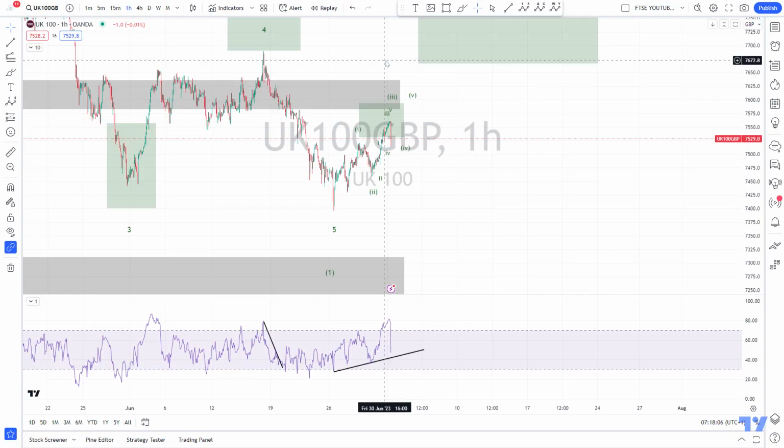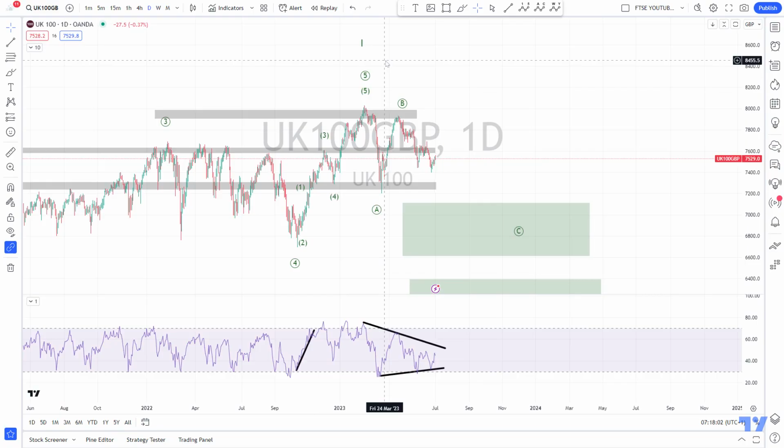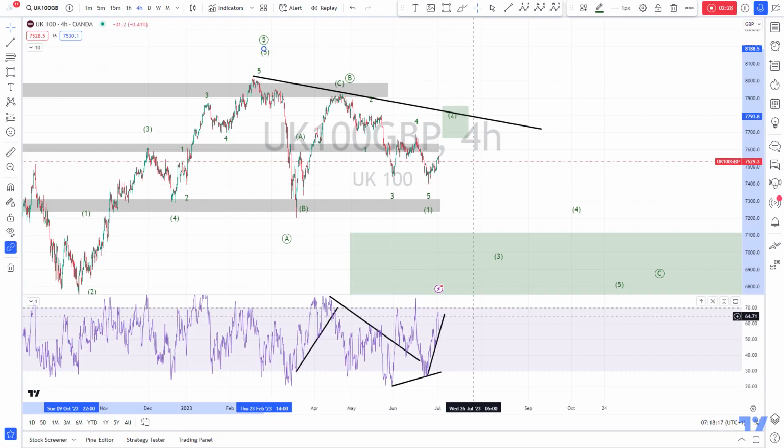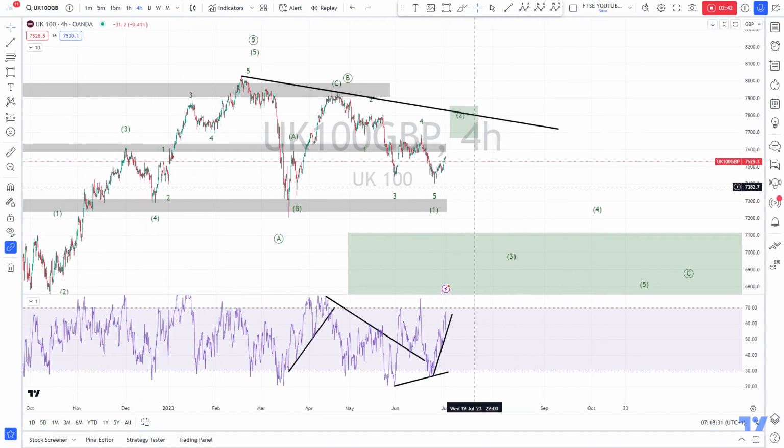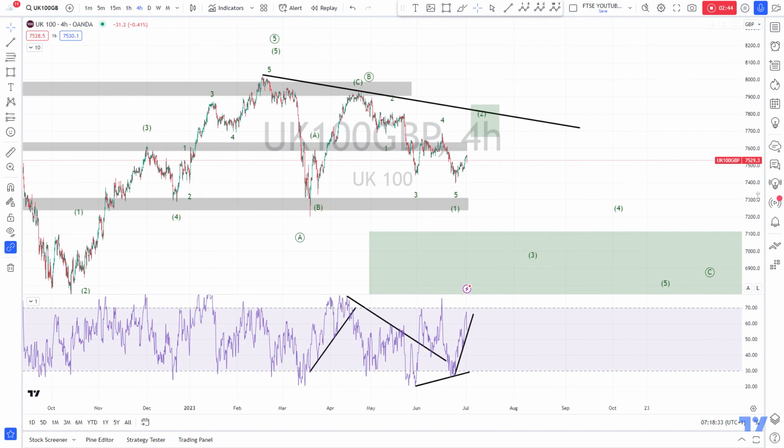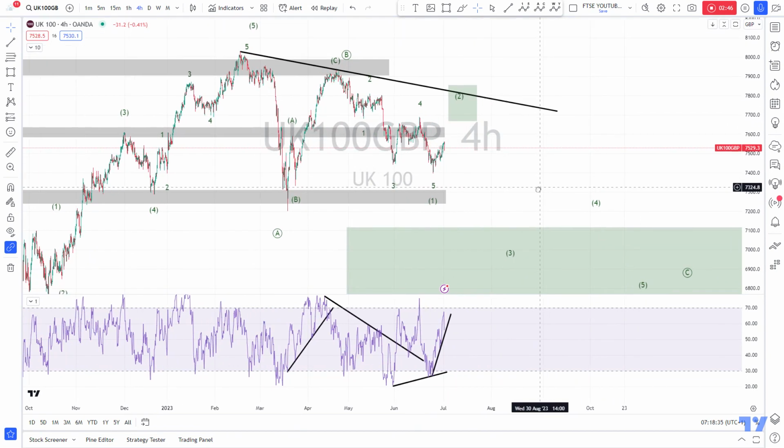I started to see this scenario this weekend when I had a look here at this RSI in the daily. I saw a triangle forming here. So this is why we can no longer exclude this, but I emphasize it's not my primary scenario. I still believe we are bearish with the FTSE. So let's further focus on the bearish scenario in the FTSE.